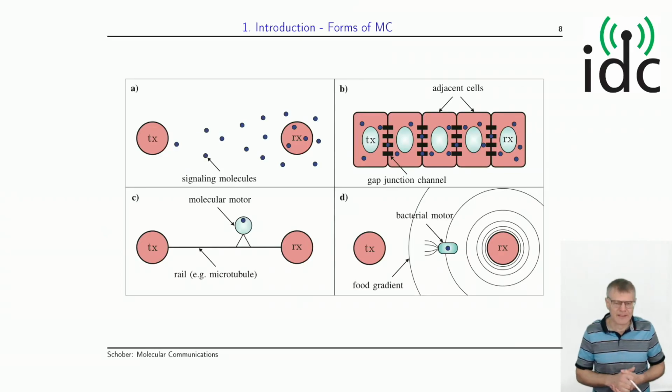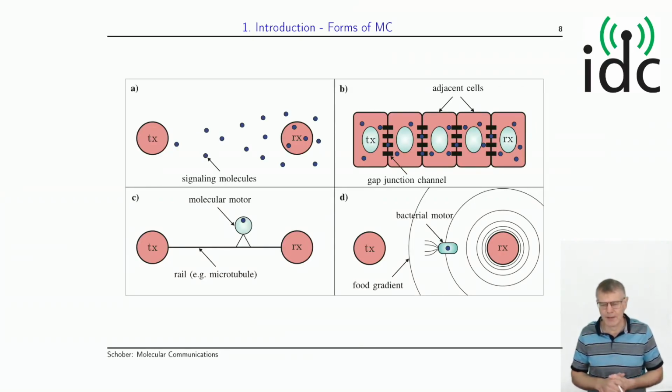Then in subfigure C, we see an example for molecular communication via molecular motors. This is, for example, used for the communication between two organelles inside a cell. And here, this is sort of a form of wired communication where the transmitter and the receiver are connected via a rail, a so-called microtubule. And along this rail walks the molecular motor, which